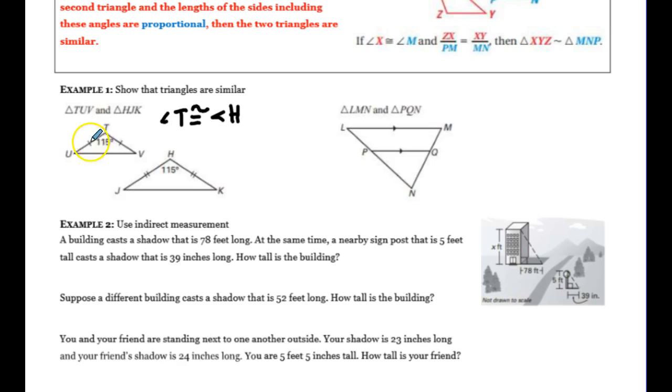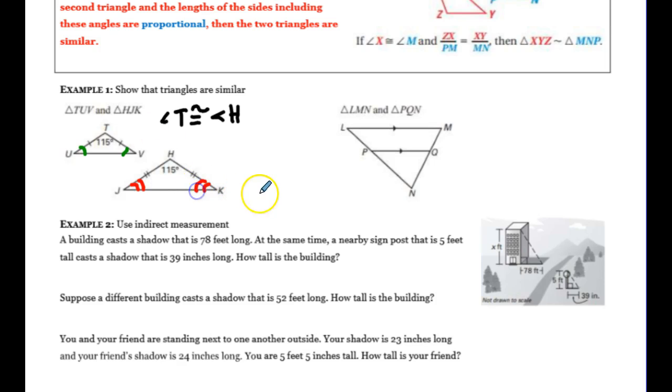What does help me though is knowing that if I have two sides that are congruent, that is an isosceles triangle. So my base angles are congruent. So that means that angle U is congruent to angle V, and it also means that angle J is congruent